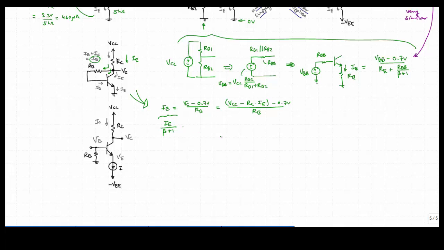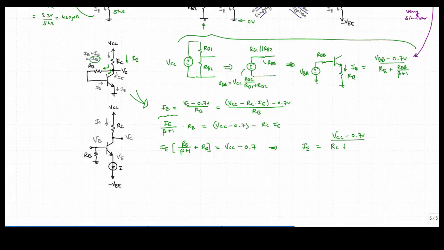I'm going to start rearranging this, so we'll multiply through by RB on both sides. We'll get VCC, and I'm going to collect VCC and 0.7 together, and then we have minus RC IE. Lastly, we want to collect IE terms together on the left, so we'll have RB over beta plus 1 plus RC. All of that is equal to the driving voltage, which is VCC minus 0.7. And now we can write that IE is equal to VCC minus 0.7 divided by